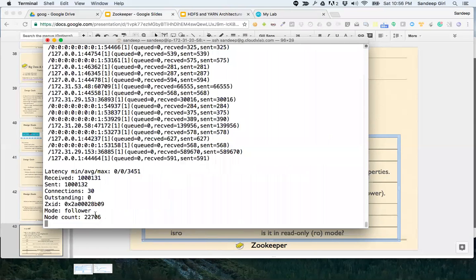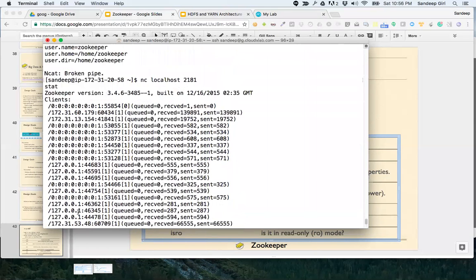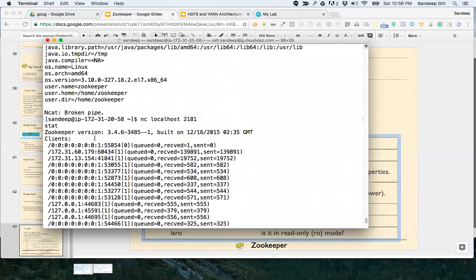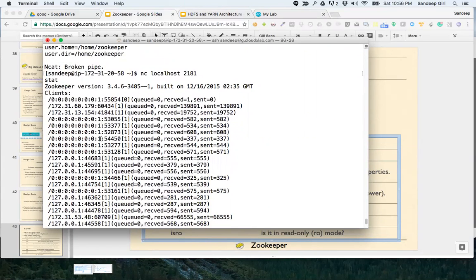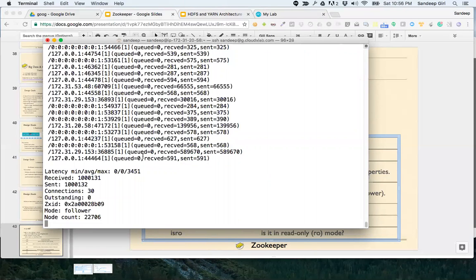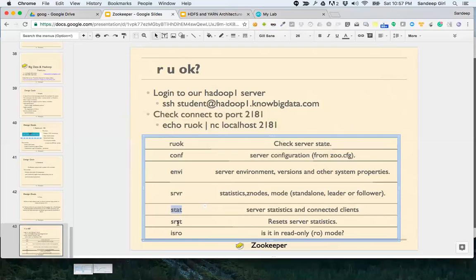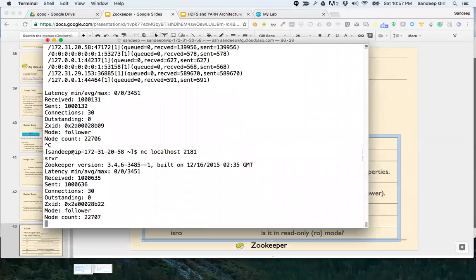So you can see that the mode is follower, the current one. Let me just see if we could. I think this is the better way. If you say srvr, this command should help you.